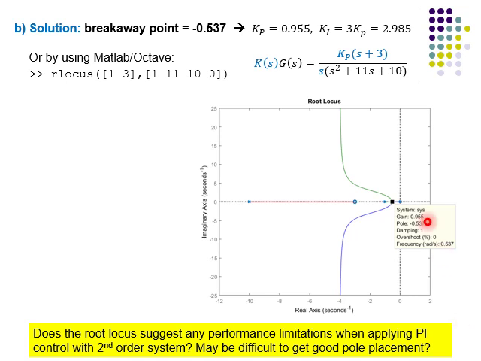Well, that depends on what you want to achieve, but if you want the system to have a short settling time, then maybe it's not possible to get a very short settling time with the PI controller here, and the reason for that is that the two poles on the right here